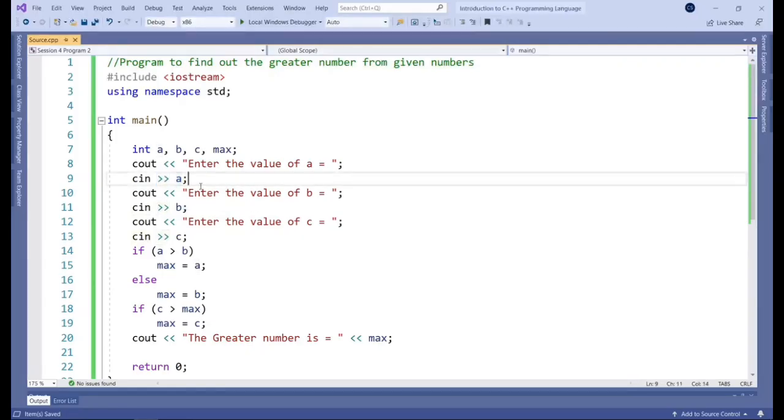So in here, these 2 lines, what we are doing is outputting that message to the user, hey, can you enter this? And then once they enter that data, we store it in a specific variable so we can refer to it later, or we can use it in a whole variety of ways. We repeat that process for the second number. We store that in B, and then for the third number, and we store that in C.